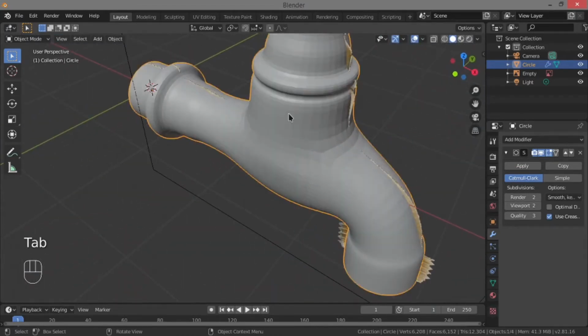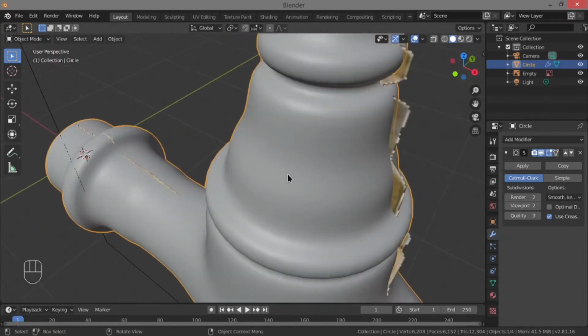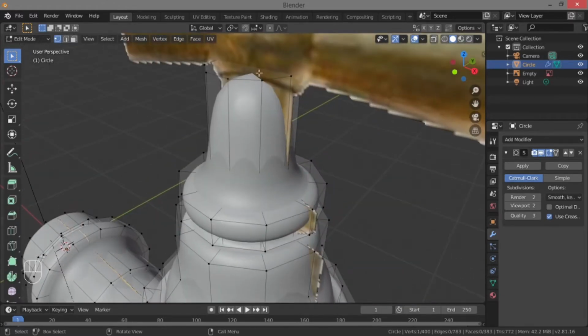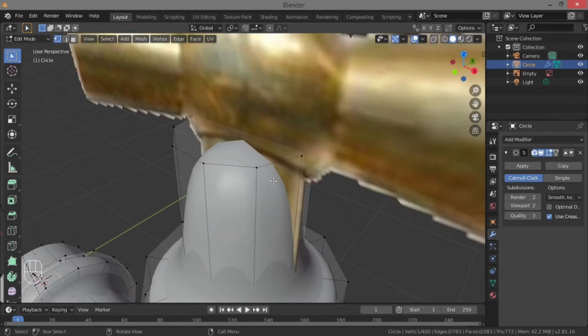Alright, now go back to object mode and shade smooth. Now back to edit mode, and to make these edges sharp, I'm gonna bevel them. To bevel, go to edge select mode and press Alt. While pressing Alt, select one edge, and that will select